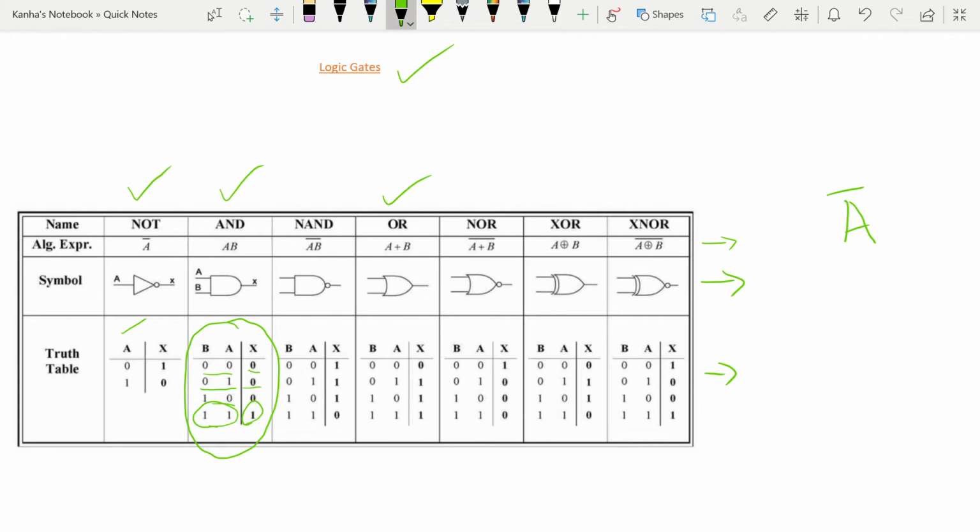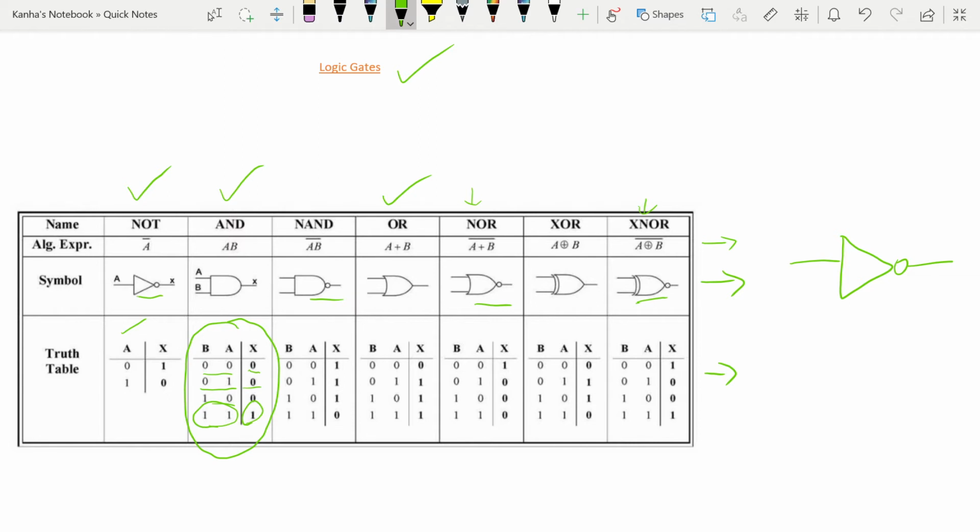In the set theory analogy, this is the complement of the set. So whatever your set A is, you will get the complement values. If you have a 0, you will get 1. You should remember the symbol for the NOT gate as well. The symbol is a triangle and then there is a circle after it. Note one point: every time a circle comes, there is a NOT attached to it, so it's the complement of it.